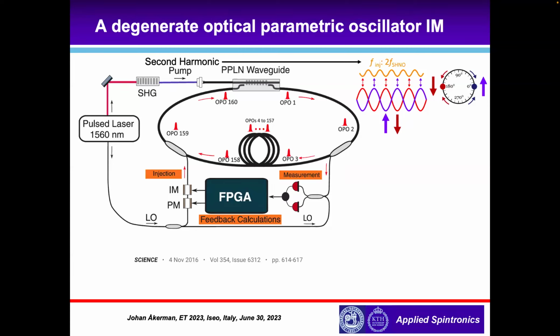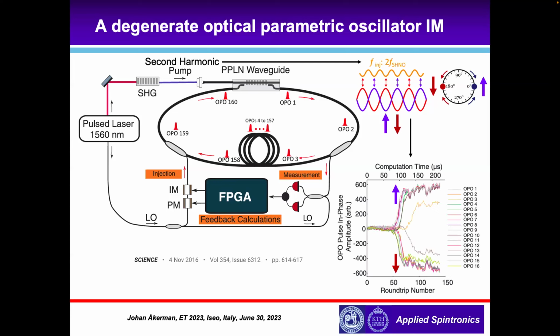And then the pulses just live inside this optical ring, and all the computation, all the interactions are done extrinsically here in the FPGA. After some circulations, the optical pulses feel gain, and they start to exist, and then they exist with a well-defined phase state. And after a while, the problem is solved. After some 100 round trips or so, all the phases have decided on what phase they want to be in.